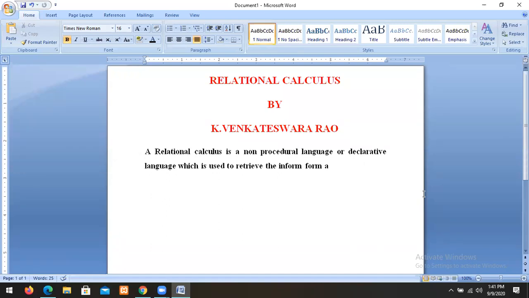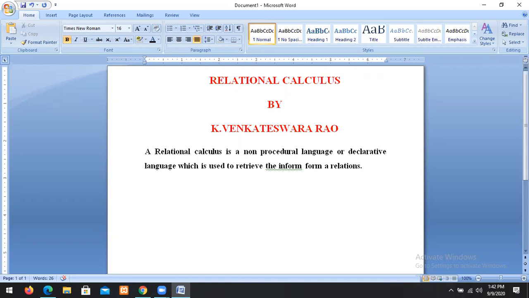That's why a relational calculus is a non-procedural or declarative language which is used to retrieve the information from a relation. What is the purpose? To retrieve the information from relations.